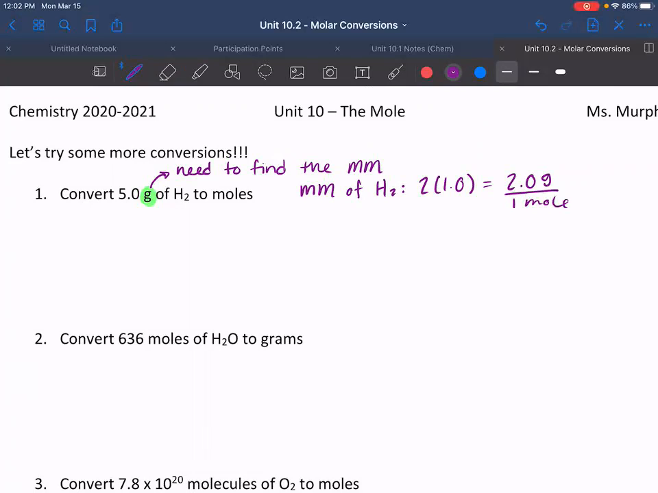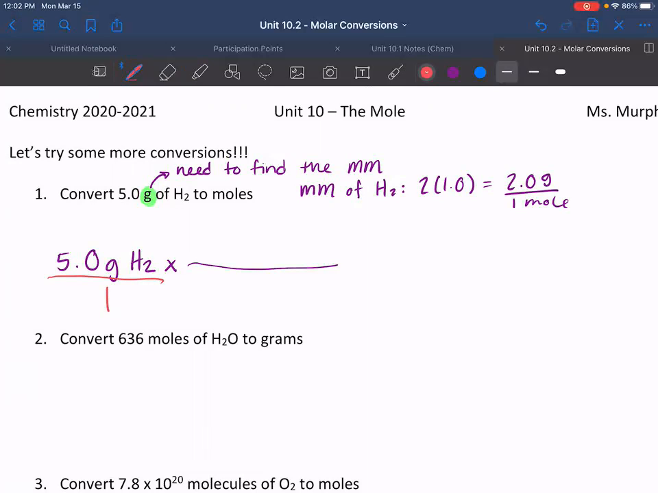Okay. So what I always say, start with what you know. What do we know? How many grams do we have? 5. We have 5 grams. So we start with that 5 grams. We know we have that much of H2. Now, recalling that this is over our imaginary 1,